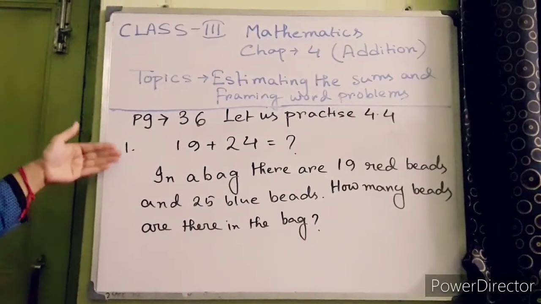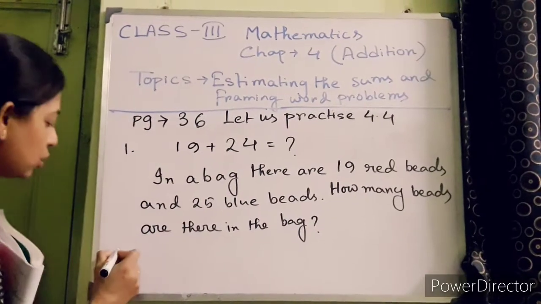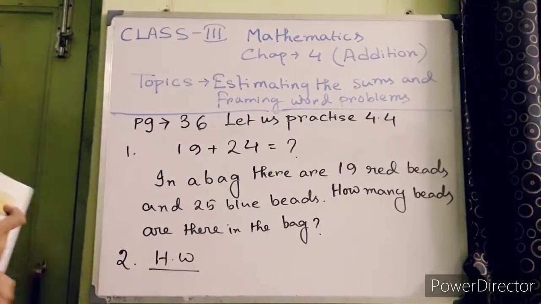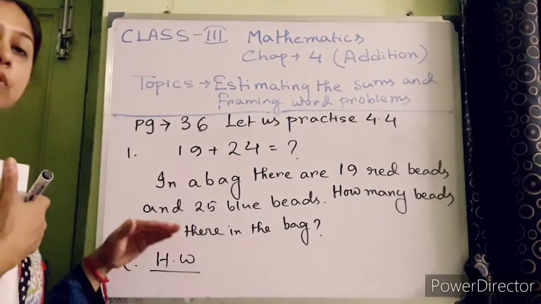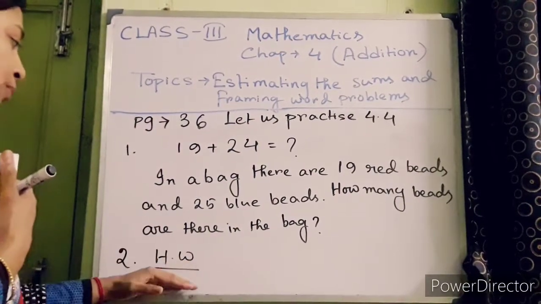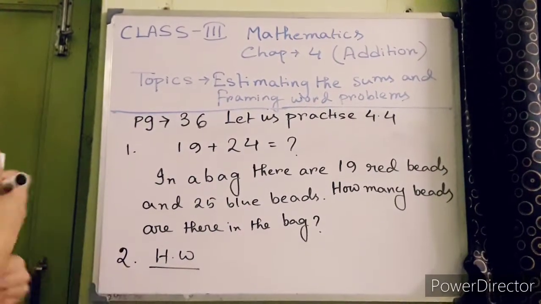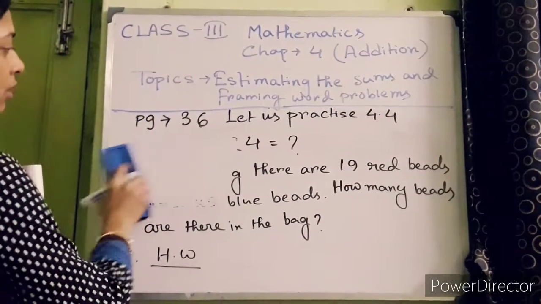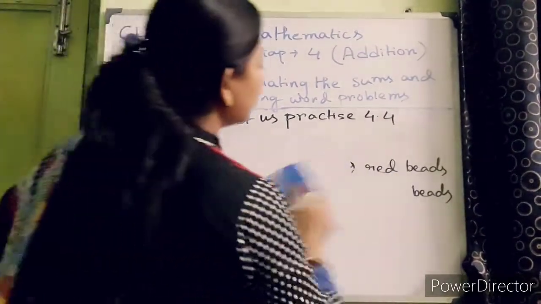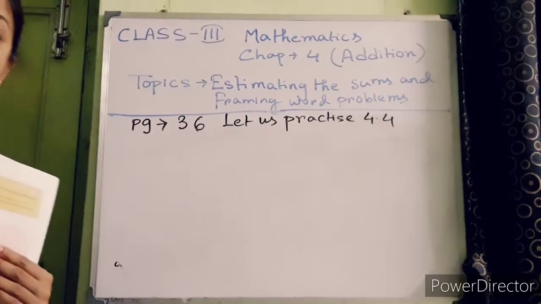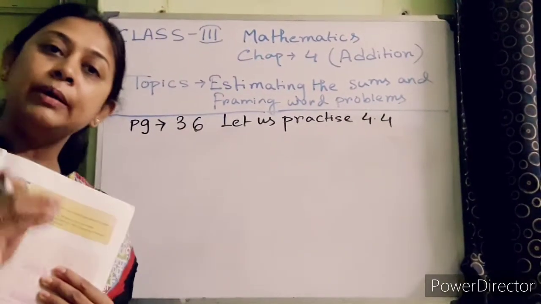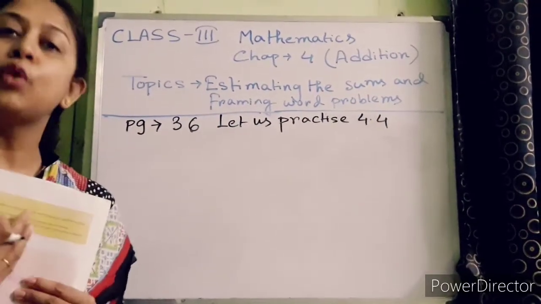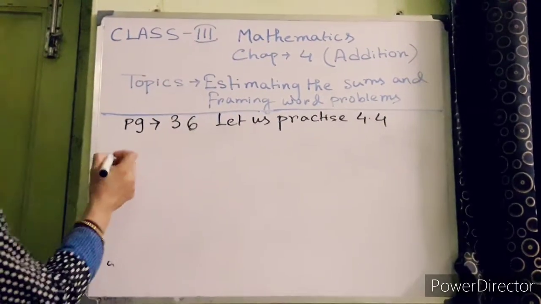Here I have already done question number 1. Question number 2 will be your homework. First you try yourself. First you have to try to form a word problem for question number 2. Okay? Now question number 3 I will do for you. First you pause the video and write down the answer. When you frame a word problem, remember this one. Please choose a simple sentence, so it will be easy for you to frame a problem. Okay? Now question number 3.